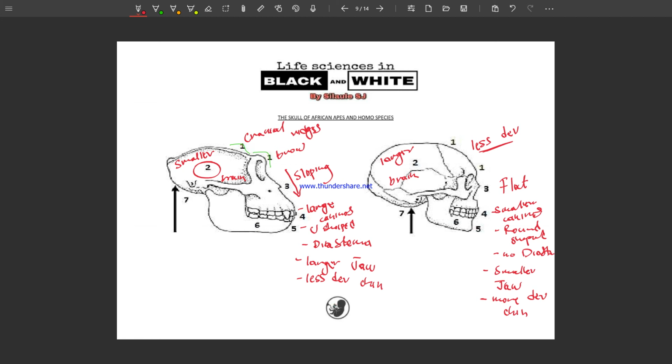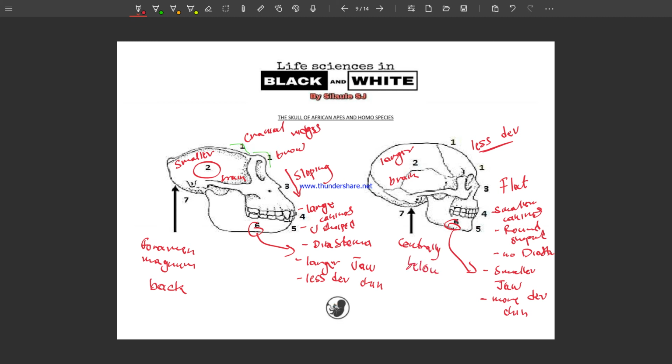Okay, so that can also be number six also. So number six is the jaw size. We can also say that about the jaw size. Number seven is telling us about the foramen magnum. So the foramen magnum in an African ape is found at the back of the skull, and then in a human it is centrally